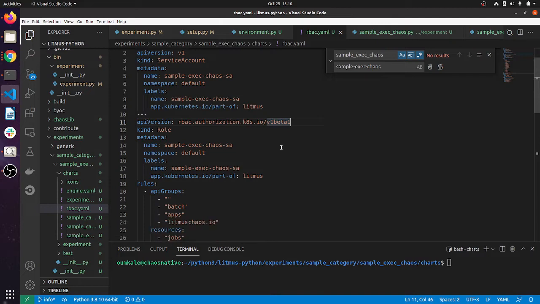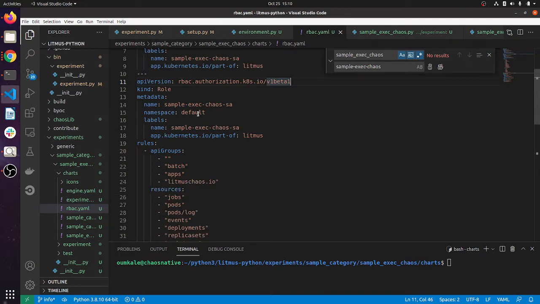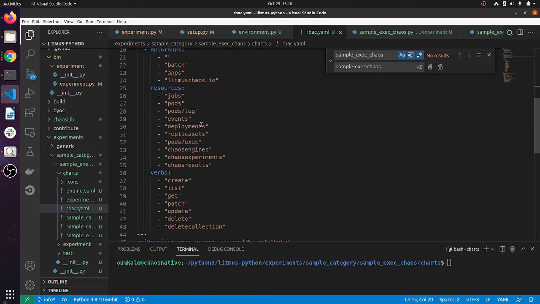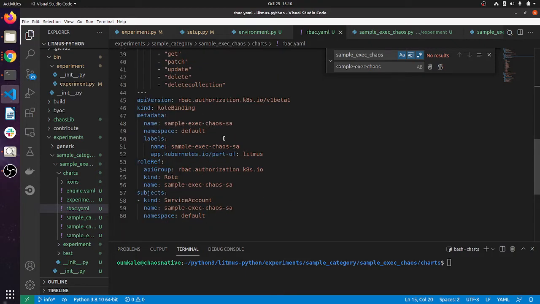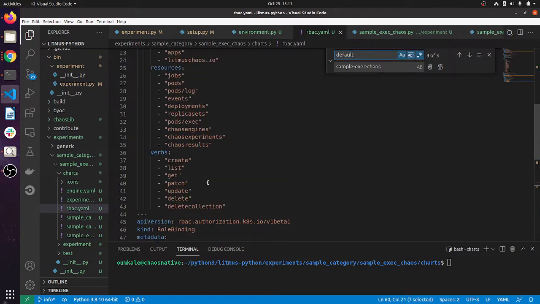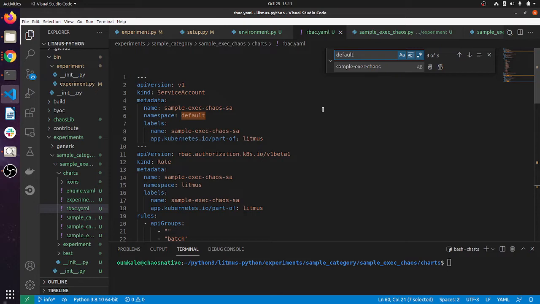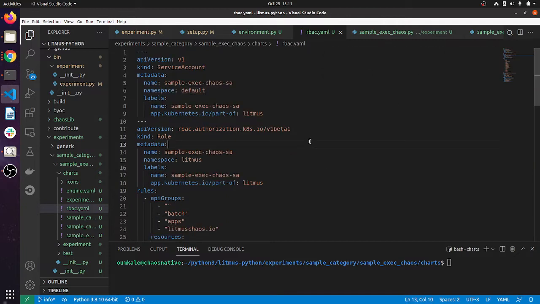Okay, perfect. It will be in Litmus, I guess. So we are installing the permissions required for the experiment.